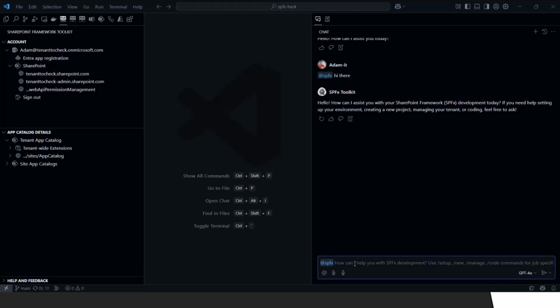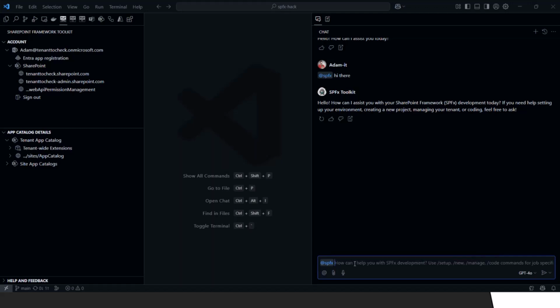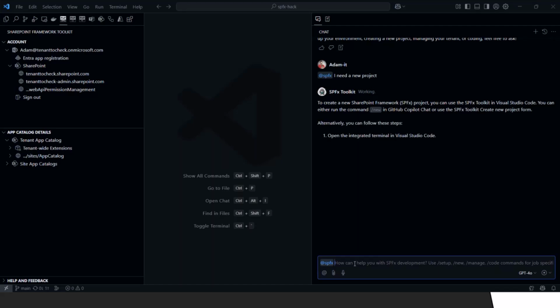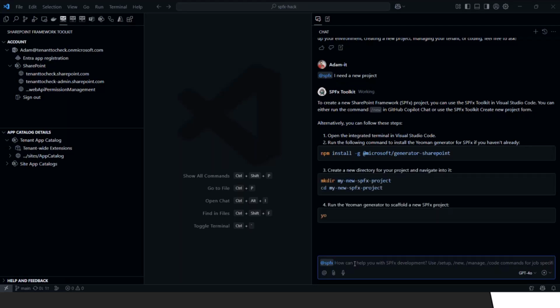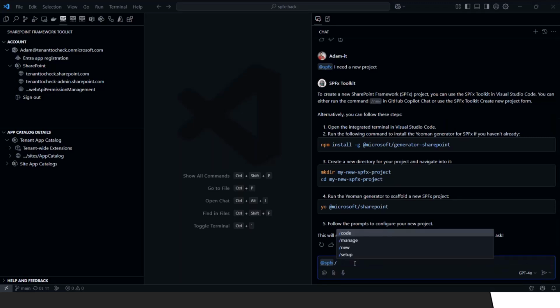And we come along with a couple of chat commands. So what is a chat command? If you type the slash, you have those commands here you can use. For example, if you just ask a standard question like, I need a new project, it will say, okay, in the context of SPFx and a new project, you can use the /new command. The AI is smart, so you can do the standard approach, but this is not any additional functionality that the standard chat wouldn't give you. But if you use some